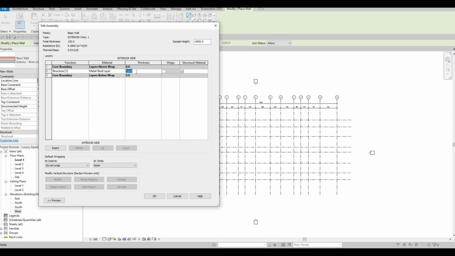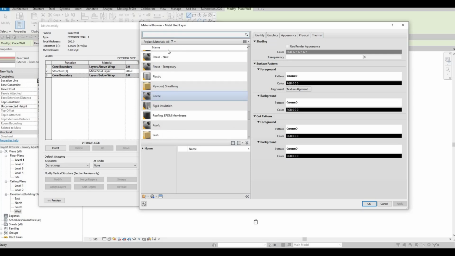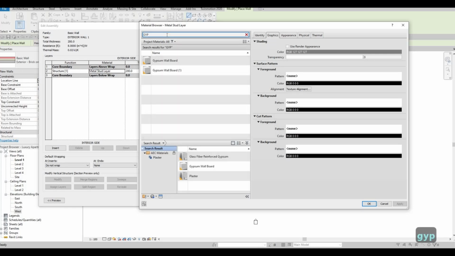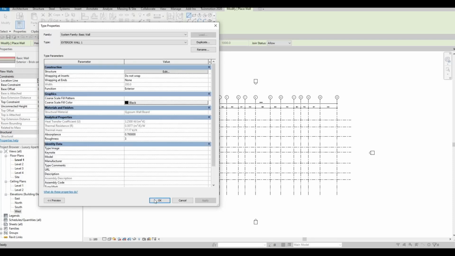In here, we could just change the thickness to 200, and then the materials, let's change it to something white, which is a gypsum wallboard. So I'm gonna click a gypsum wallboard. You can double click that and it will be right here on the materials, and then we could click OK